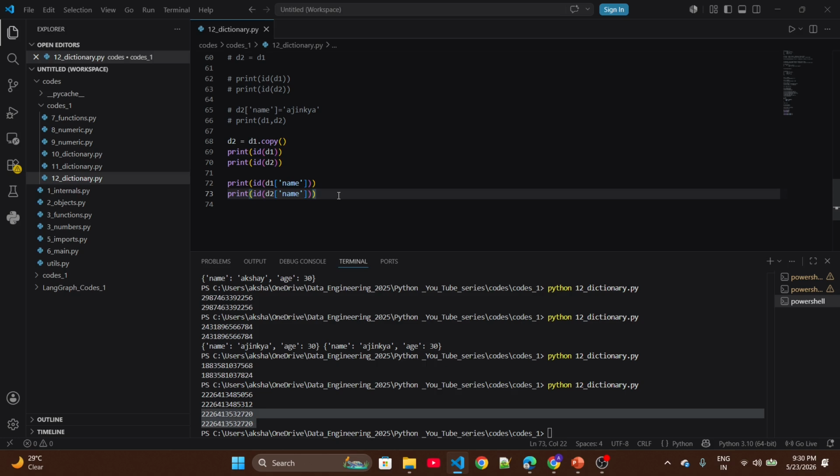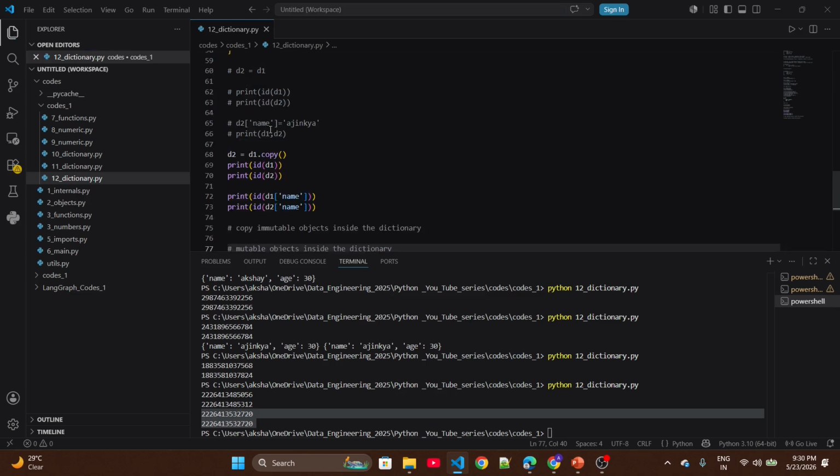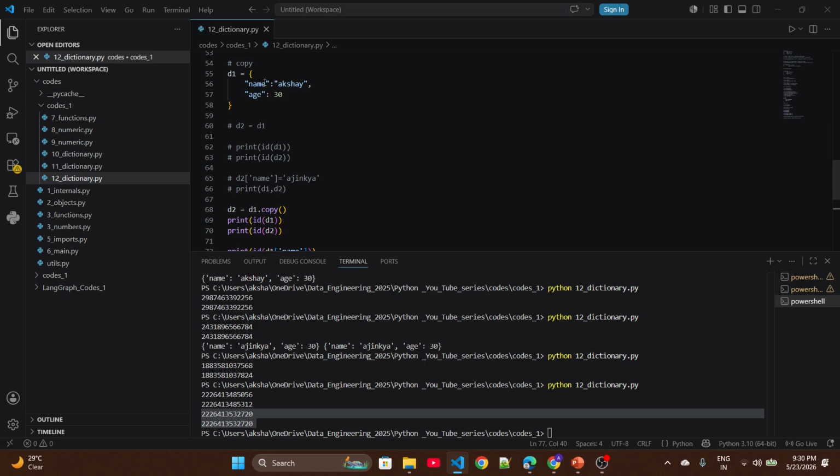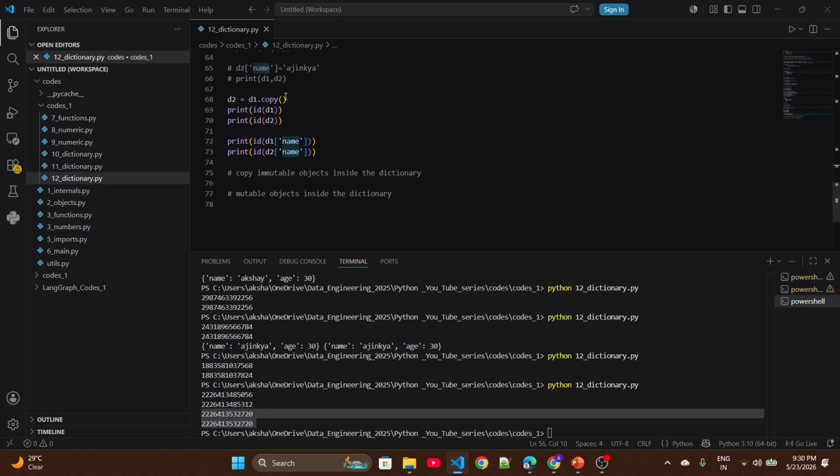But now let's say you are changing one of the items. Okay. Now guys, this copy behaves differently for immutable objects inside the dictionary and mutable objects inside the dictionary. Now currently we are in scenario 1. We have the immutable objects, right? We have the age and name, so string and int, and both are immutable, right? Now what happens in the case of this? Let's say